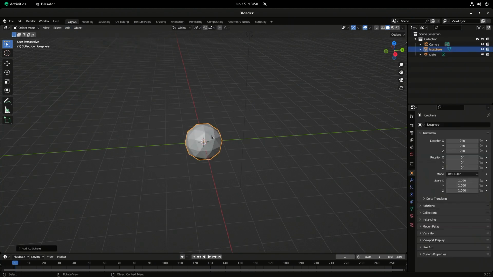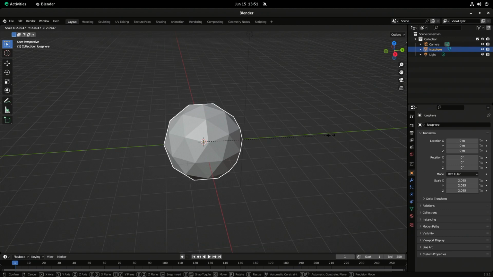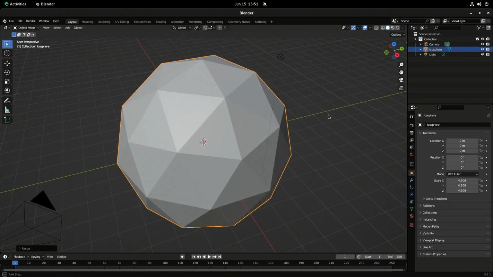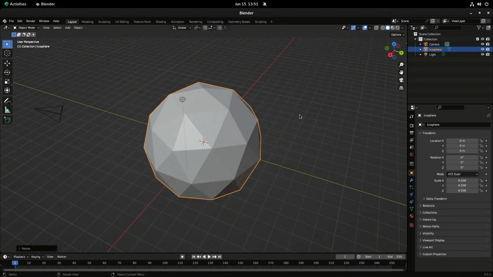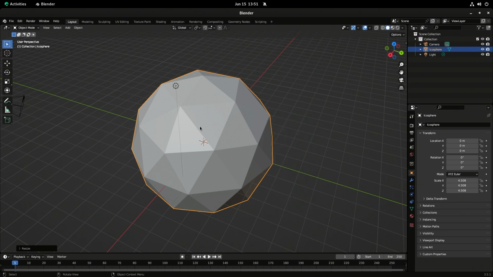So I'll get an icosphere, for example, and I find the keyboard shortcuts are honestly really helpful. For example, I can do G to move it. I can do Control Z to go back like you can with most things. I can do the S key to scale, so we'll make a bigger one, and you can see we've done that.